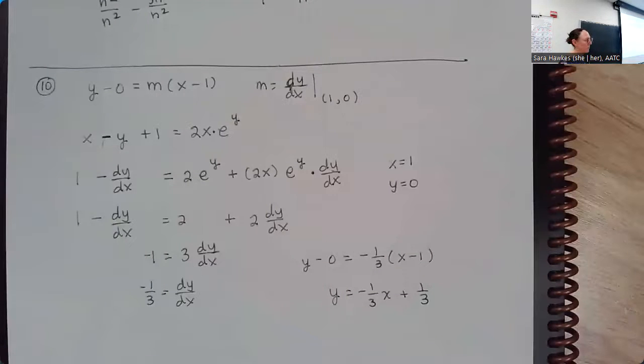So you can plug it in earlier, you don't have to find it. Correct. If the question did not tell you that, like, if it's a 12-part question and part A asked you to find dy dx and then part B asked you for the equation of the tangent line, then you'd have to do the